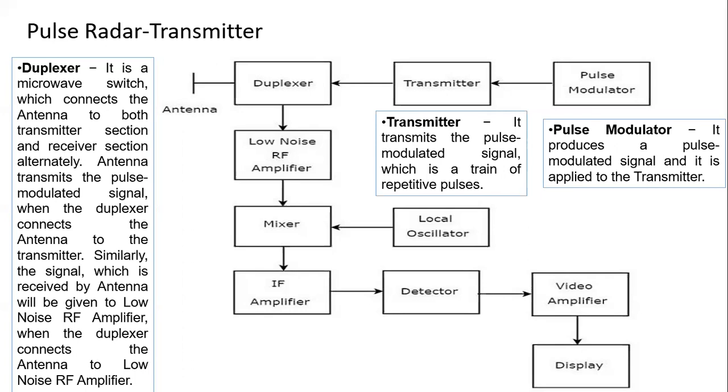Because when we are sending a signal, the signal is very high frequency and very high power. So transmitted power is always higher as compared to the received power. So for the protection of the receiver, the first thing we need to do is switch off the receiver so that the signal is sent only towards the antenna and then to space, and not to the receiver. That's the reason this duplexer is important for both circuits to be protected from the higher frequencies. By turning on the transmitter and turning off the receiver, we are protecting the circuit from the very high transmitted power.